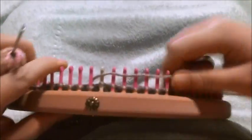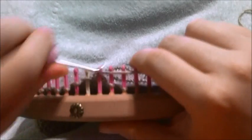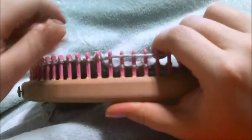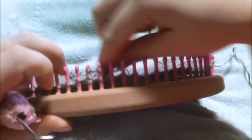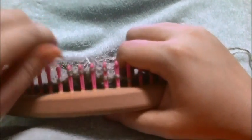Okay, now we're to row 11, where we're going to prep for all of our sections to be cabled, our 2 sections of 4 and 1 section of 6. So go ahead and knit over 11, purl 1. You're going to double wrap the first peg and single wrap the next ones. Toss the bottom loop over,